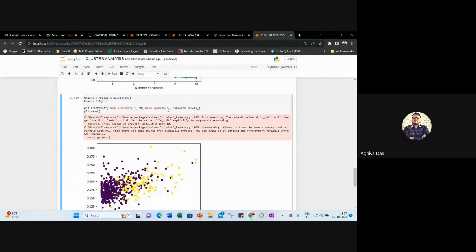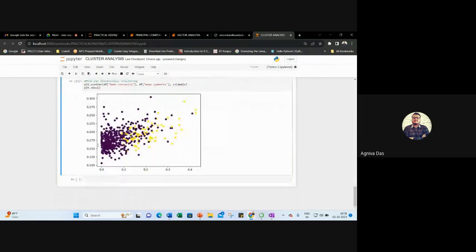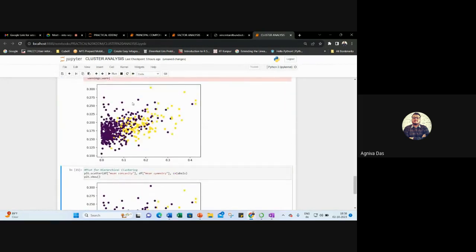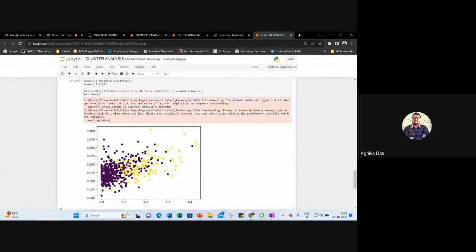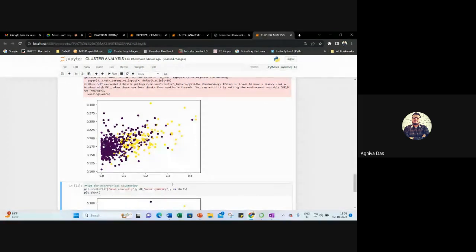Once that is done, here the color will be based on the k-means labels. Right. So if the k-means labels are 0 and 1, the color will be based on those labels. And then we will just show. So here you have this. As you can see, because we only have two variables, there is a sincere overlap. But you can see that as you go towards the higher x variable, there are a lot many more yellow ones than here,